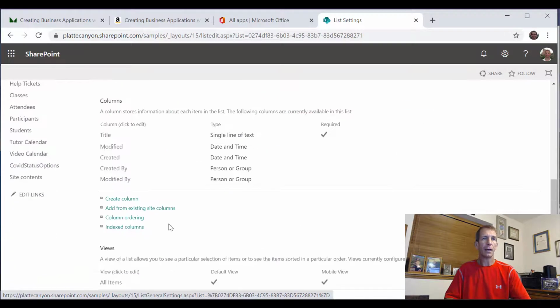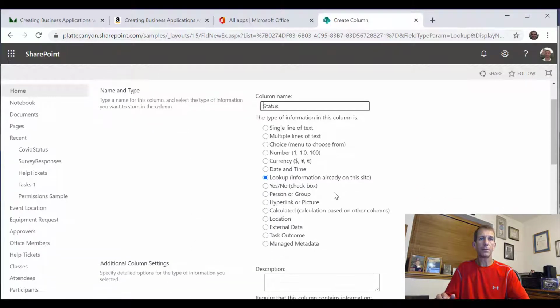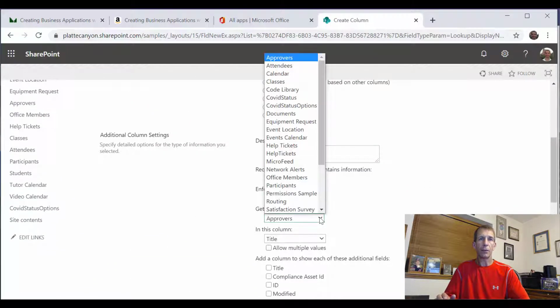But all right, let's go ahead and put on our thing. So this is basically just going to be a one row table. So we're going to put a title, we'll just name it. But the most important is that we're just going to add a status, and we're going to make that a lookup column, and we're going to look up